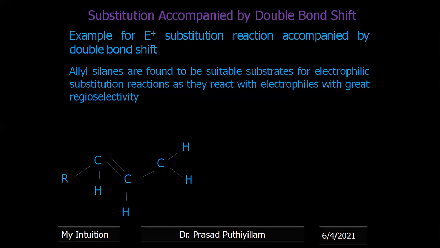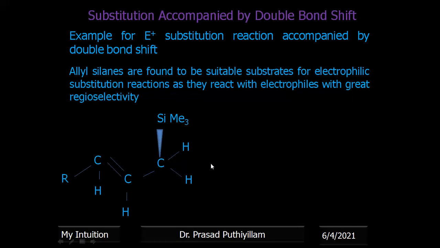Now I took a substrate with SiMe3, in which I am representing only the SiMe3 bond. It is coming near to us. That means one of the hydrogens is away from the screen, one of the hydrogens is on the screen, and this SiMe3, trimethylsilane, is near to us. So this particular symbol represents that.